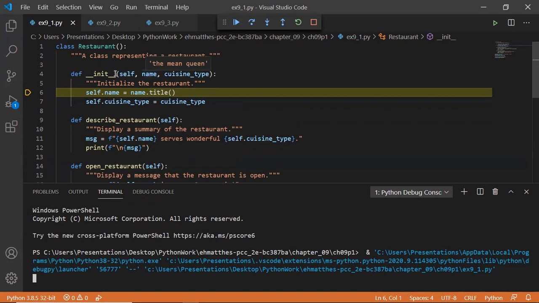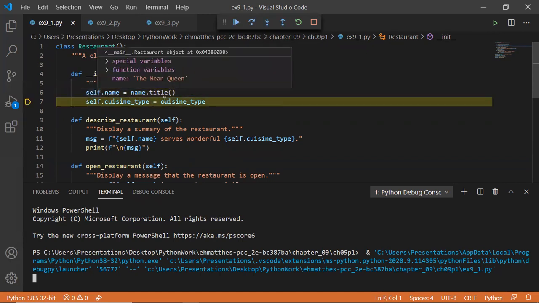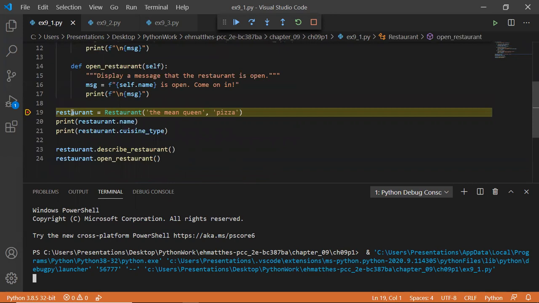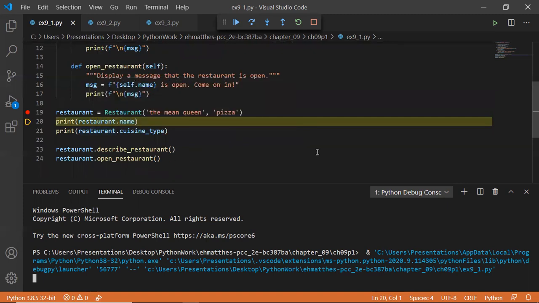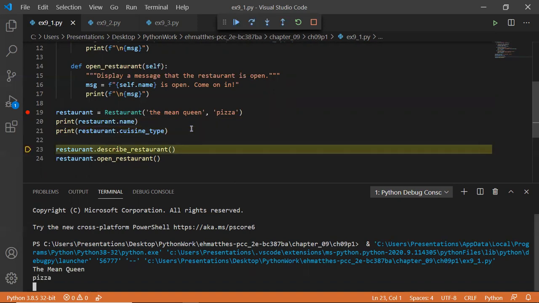But that's a requirement. We're passing name and cuisine type. So name is going to get assigned to self.name, which is the instance variable. And then cuisine type, right, which is, if you point to it, it's pizza. Pizza is then going to be assigned. I come back over here and go down to the next line, and it's going to end up printing the restaurant name. So notice how it says the Mean Queen, and then it's going to go ahead and print the cuisine type,